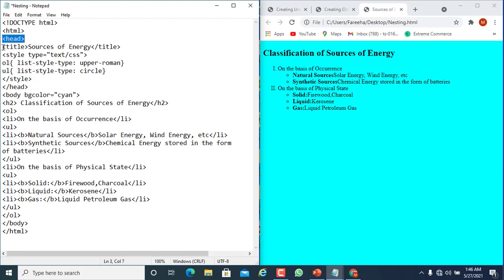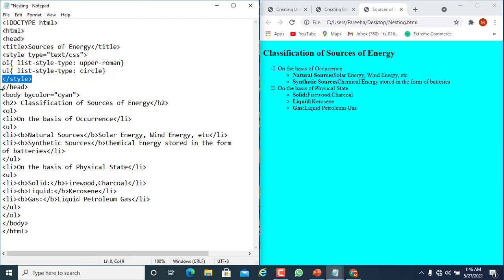Head starts, title starts, and in the title tag we write sources of energy. Then we close the title tag. For the ordered list, we define upper-roman, and for the unordered list, the list-style-type property value is circle.